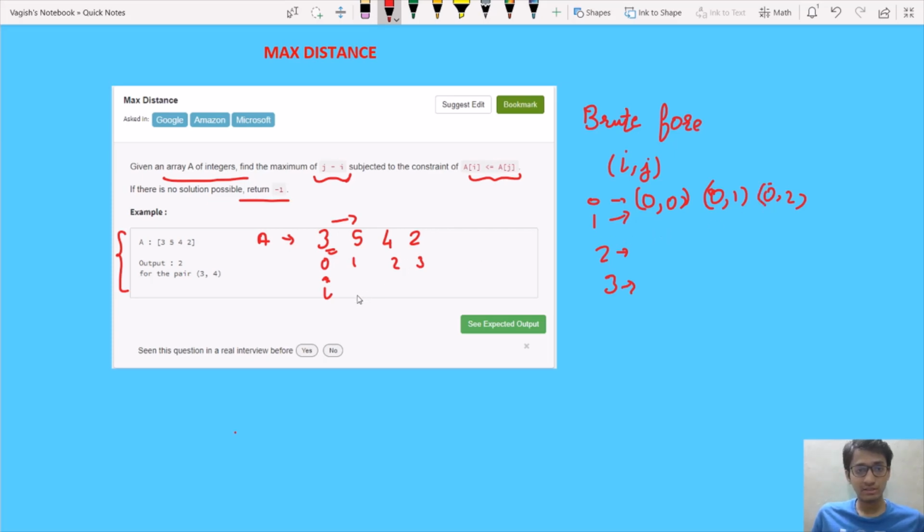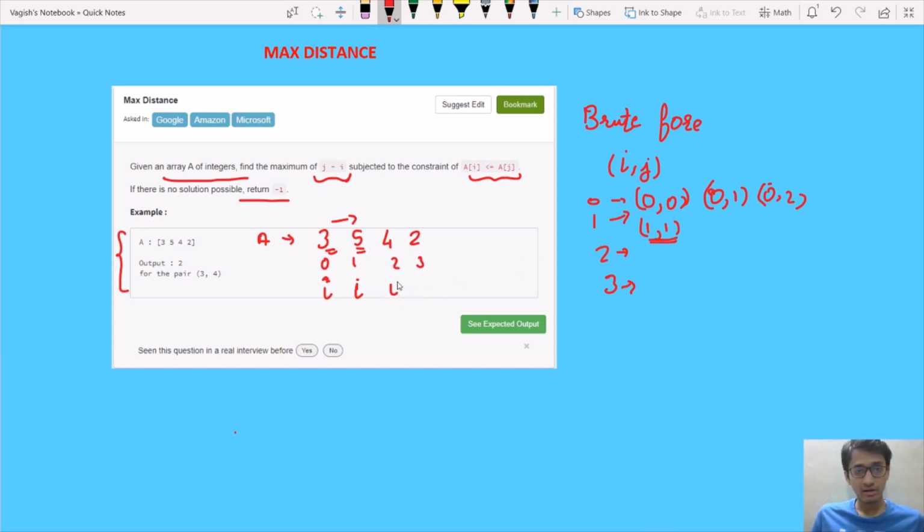Now when we will consider this index 1 as our i, first pair that we could form is 1, 1. Now we have to find all the elements present in this array which are greater than 5, and as there is no element present in this array which is greater than 5, the only pair possible for i equal to 1 is this.